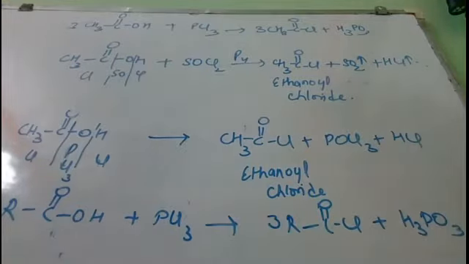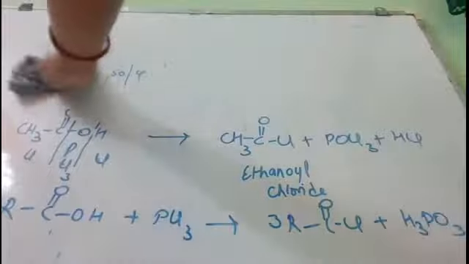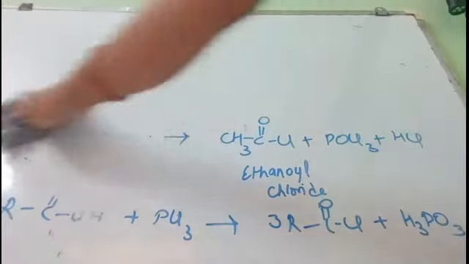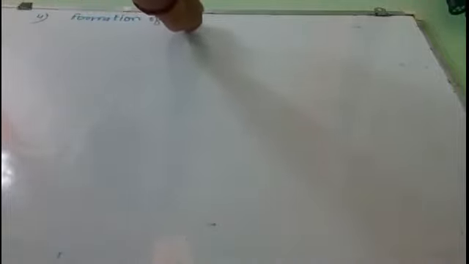Now next we will study the method of preparation of amide from the carboxylic acid. So amides are the compounds which contain CONH2 group. These all are acid derivatives. So if it contains CONH2 group, then they are known as amides. So we will do formation of amides. That is its fourth property.